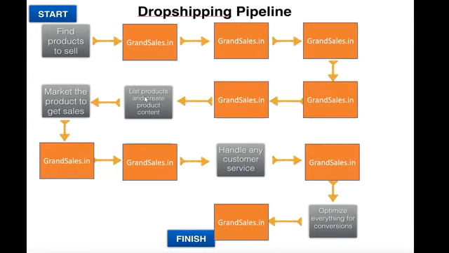But on the other hand, you will still need to do some marketing, some content creation, produce some more content maybe, do some adjustments in order to stand out. But if you check what to do and how to do it, you will see that the only thing that you need to do is handle the customer service. All the rest is fulfilled fully by Grand Sales India,